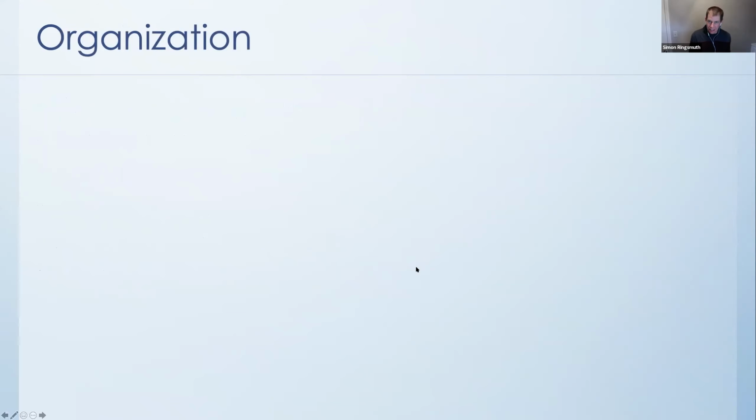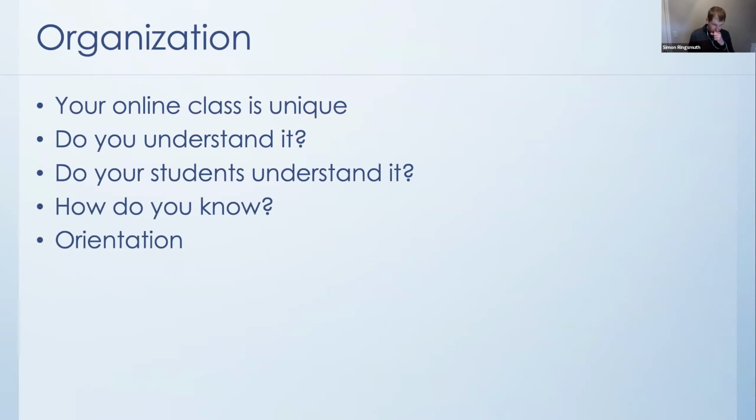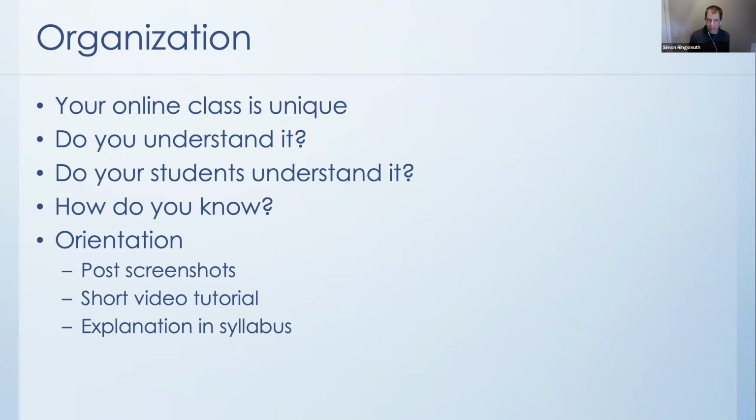Organization. We've talked about this, so I don't want to belabor it too much. We need to make sure that our online students understand how our class is organized. And we can do that by posting screenshots, making a short video tutorial. There's a lot of things we can do to make sure our online classes are organized and that our students understand that sense of organization. The final key component of an online class that often gets forgotten is